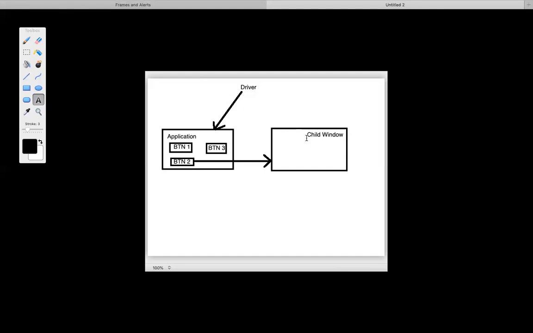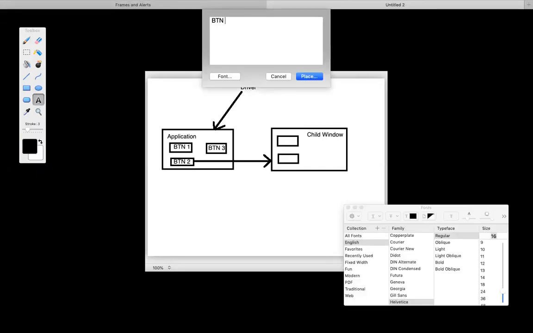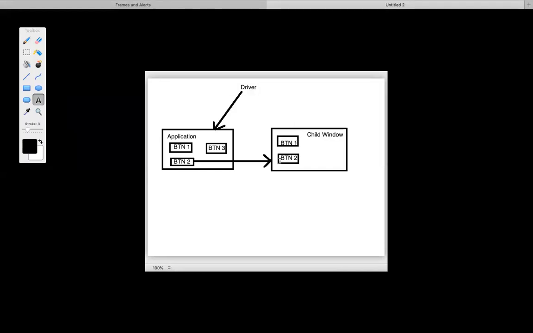So you have this child window, and there are some buttons over here, which again can be BTN1 and BTN2, because these are the buttons which belong to a different website. So what you have to do is click on BTN1, BTN2, and then BTN3. This is your task.